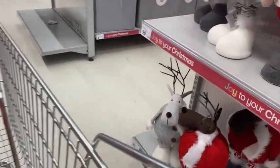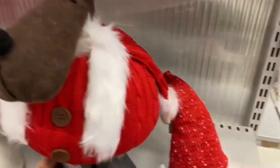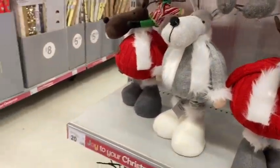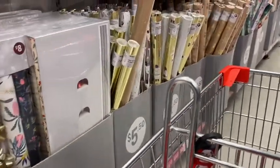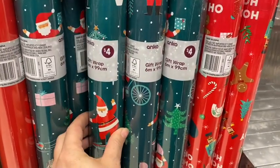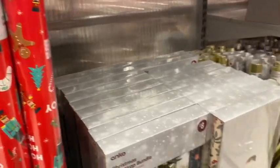Some sitting gnomes, and these wee guys, which are very sweet, and they were $20. A couple of different types, reindeer and sort of a Santa gnome. And some wrapping options. I liked this blue, actually it was more like a dark green wrap for $4. And they had a red,